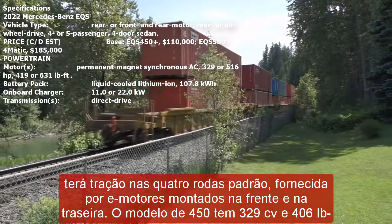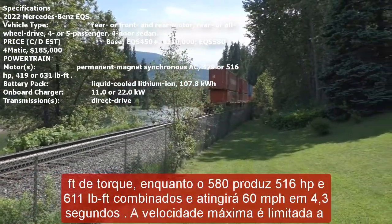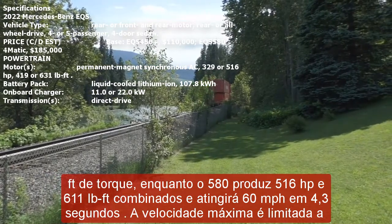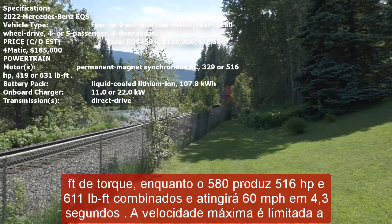The car can be equipped with an optional 9.6 kW onboard charger to make the most of your 40-amp home charger, or public L2 charger, and fill the battery in 11 hours. Public charging will be made easy by the plug and charge system,